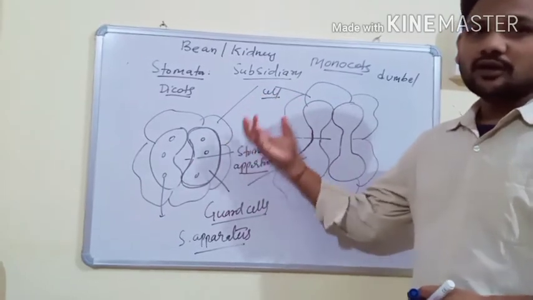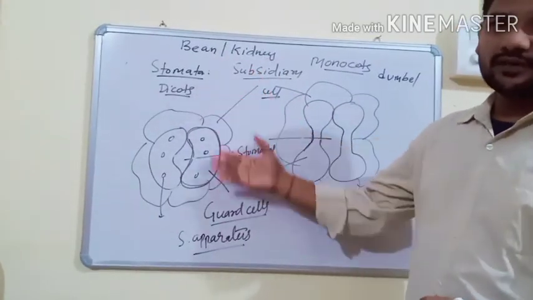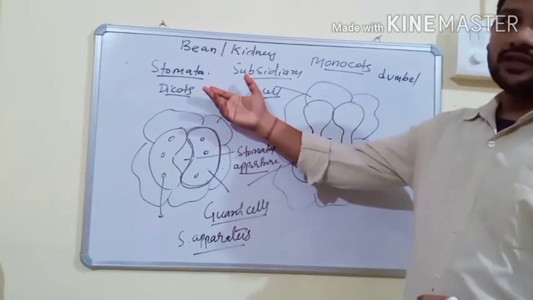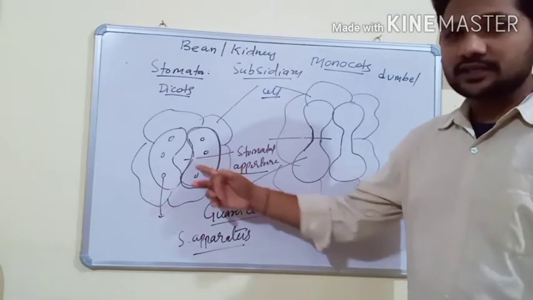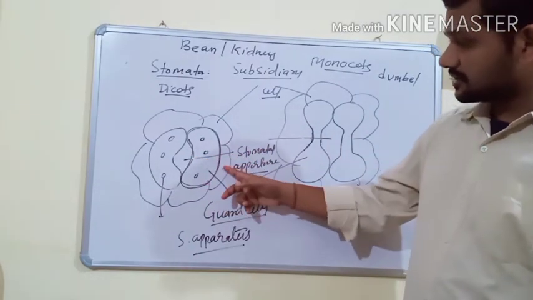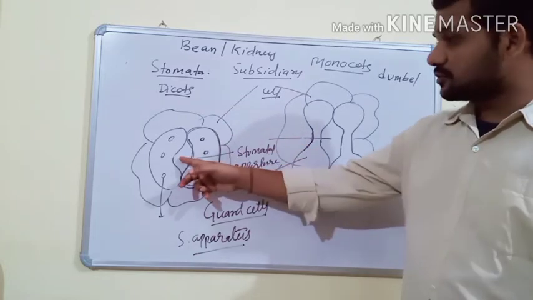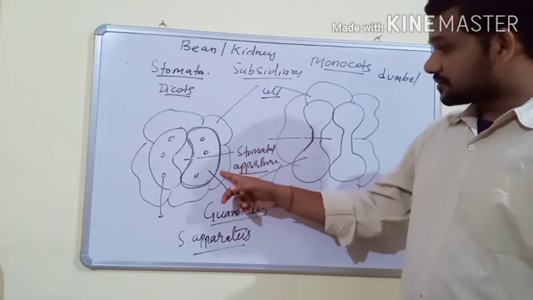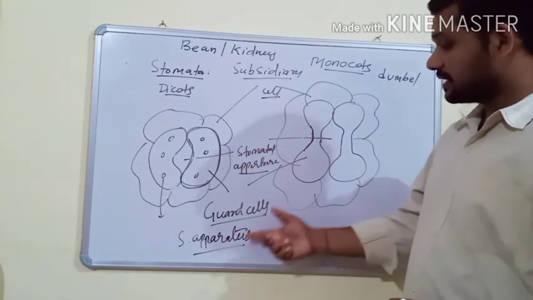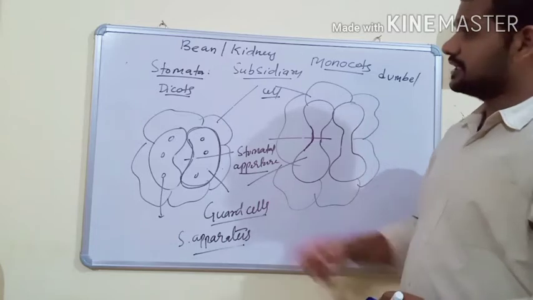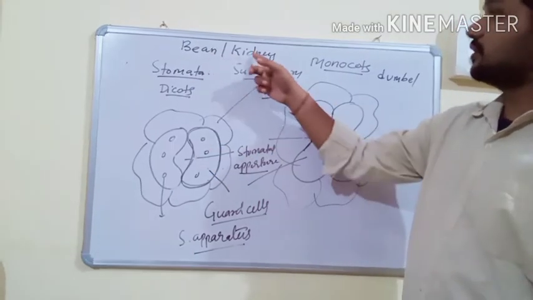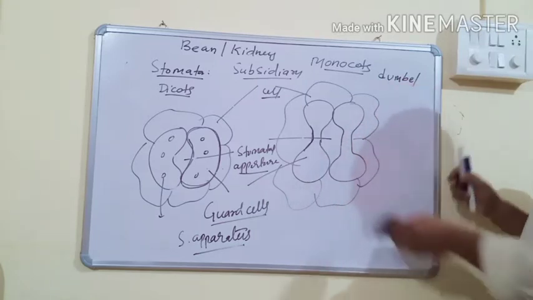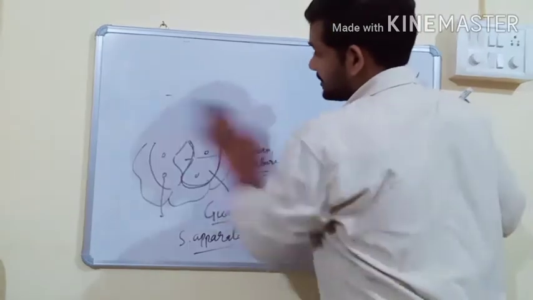So what is stomata? It is a small or minute pore present on the epidermis of leaves and young stems, usually absent in the epidermis of mature stems and roots. Stomata has two specialized cells, guard cells. Guard cells are surrounded by subsidiary cells, and the small pore between two guard cells is known as the stomatal aperture. Subsidiary cells, guard cells and stomatal aperture are collectively known as the stomatal apparatus. In dicots, the guard cells are bean or kidney shaped, whereas in monocots, they are dumbbell shaped.